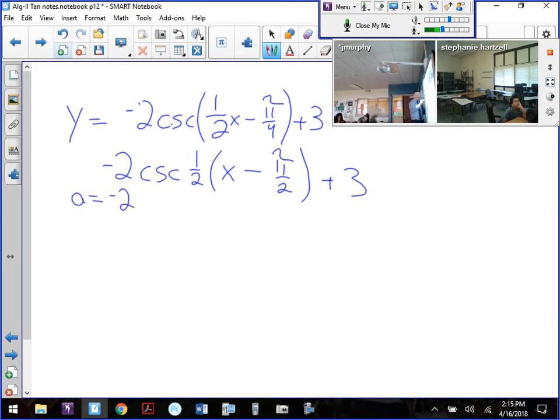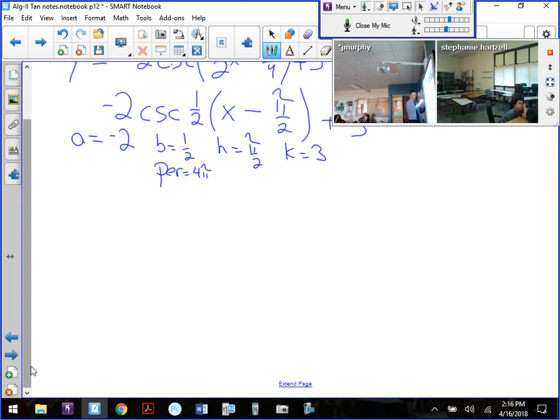A is -2, B is a half, H is pi over 2, and K is 3. If my B value is 1/2, that makes my period 4 pi. It's really hard to take half of 4 pi, but I think we can do it. It's going to go right and up, so again, I'll do